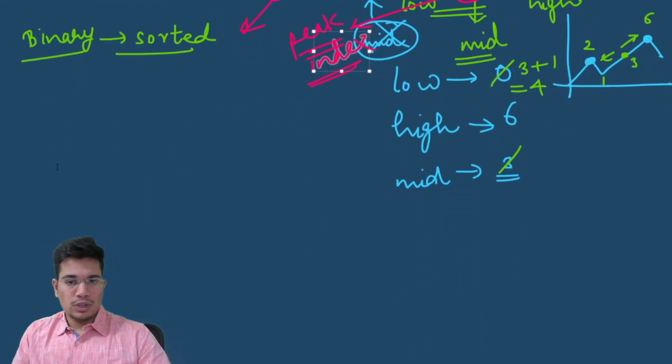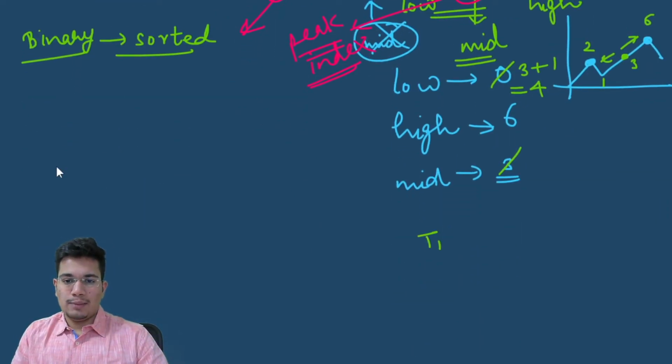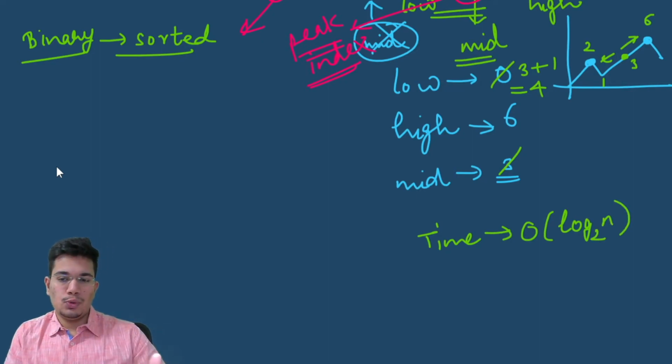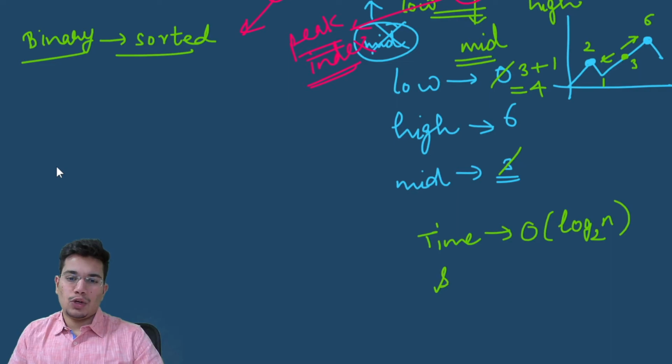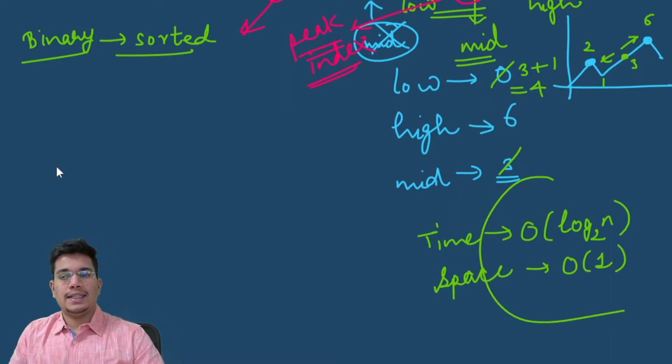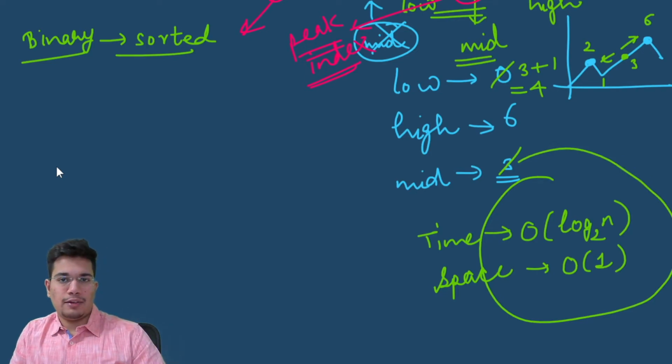And again, if I talk about the complexities for this one, for the time complexity, what we are doing is a simple modified version of binary search. And we know the complexity for binary search is already logarithmic. It's log to the base 2 because we are dividing our array into equal halves at every iteration. And to talk about the space, again, we are not using any auxiliary containers. So the space for this one will be constant. And this space and time is the best optimized approach that you can have for this particular question.